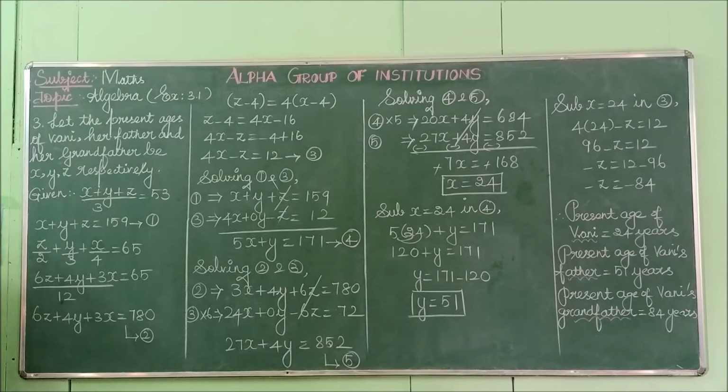Okay. Everybody look at page number 93, third problem. Bonnie, her father and her grandfather have an average age of 53. One of her grandfather's age plus 1/3 of her father's age plus 1/4 of Bonnie's age is 65. 4 years ago, if Bonnie's grandfather was 4 times as old as Bonnie, then how old are they now? So in this question, they have separately given three equations in word form. We have to change that word form into equations.